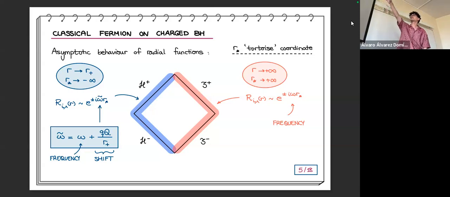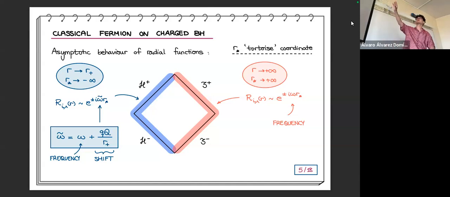And in the case that we go very close to the outer horizon, when r goes to r plus, r star goes to minus infinity. Okay, it's just a rescaling of r. So what happens if we get closer to the event horizon? Well, of course, inside that diagram, we have a potential. We have an effective potential due to the presence of a black hole, and that we do not have flat space-time. We have something there.